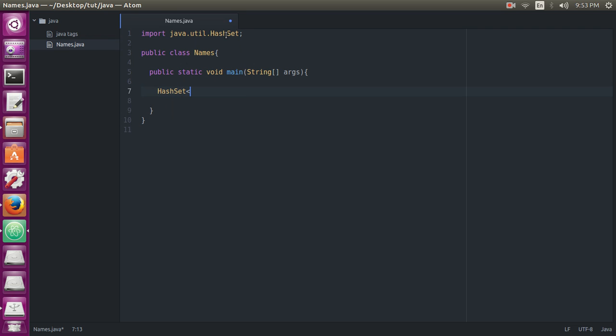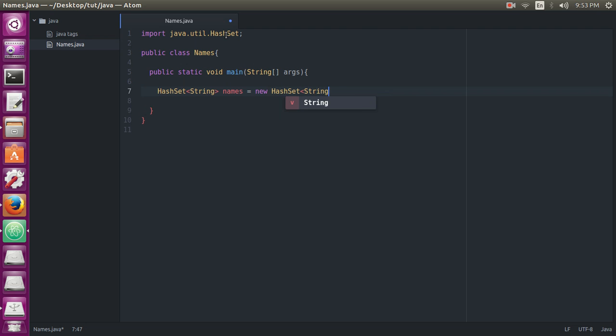Now after HashSet, we again need to specify the data type like we specify in the ArrayList. This time we want to store the string data type, and names is equal to new HashSet, not string, HashSet.